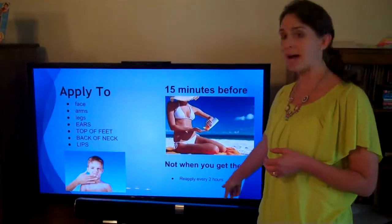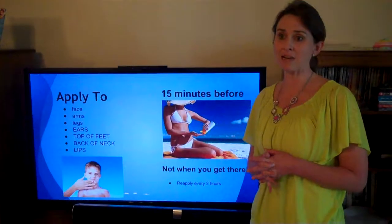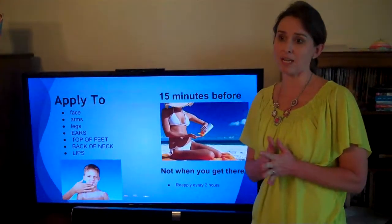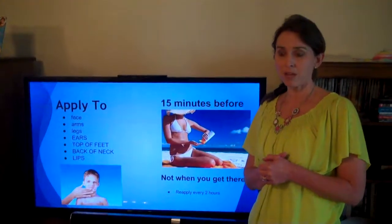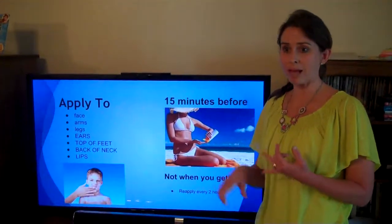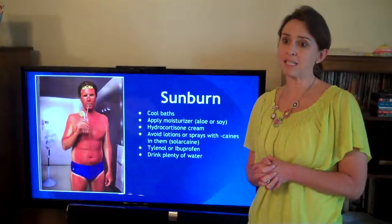And you've got to put it back on every 2 hours. That sunscreen is breaking down in the sun, the chemicals in the sunscreen, and it needs to be reapplied every 2 hours. So now you know what kind to buy and where to apply it. But if you're going out in the sun anyway,